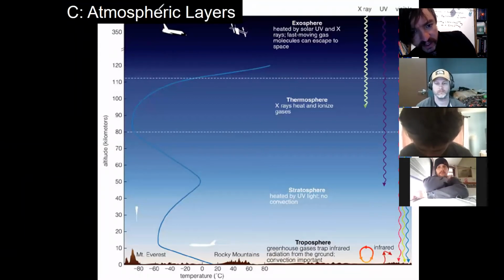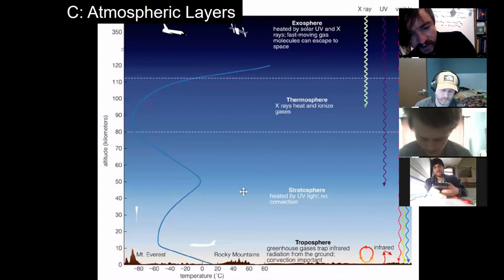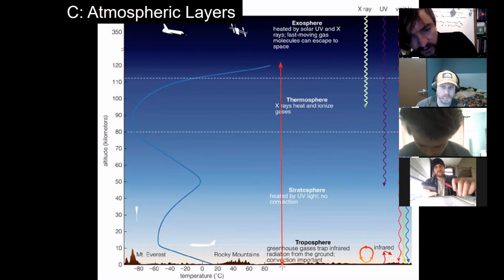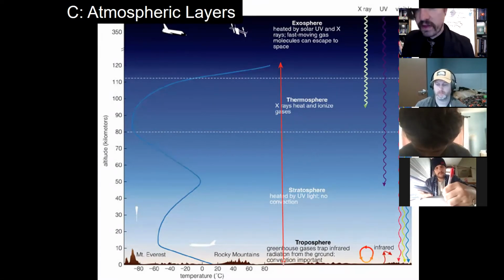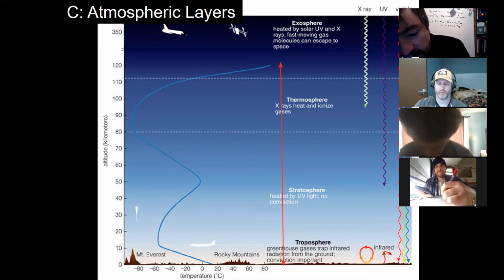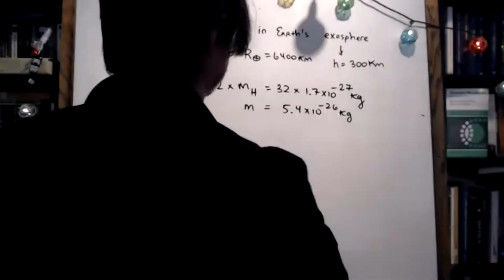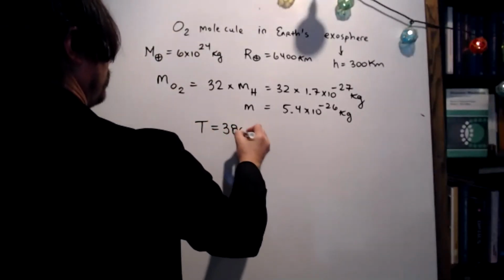Guys, do you have calculators handy? Can you do me a favor? I want you to convert from Celsius to Kelvin for me. What would 100 degrees Celsius be in Kelvin? 100 plus 273 is 373, right? Yep. Let's use 380 Kelvin. I'm kind of making this up, but that's okay. Let's say the temperature of the gas is like 380 Kelvin.